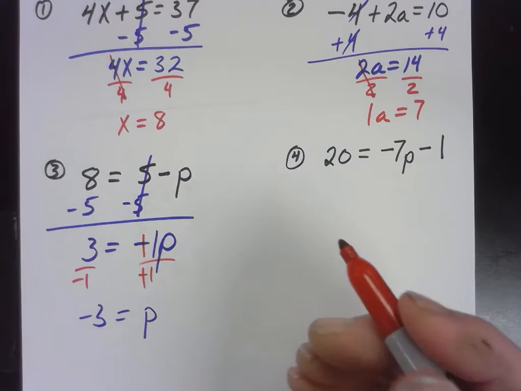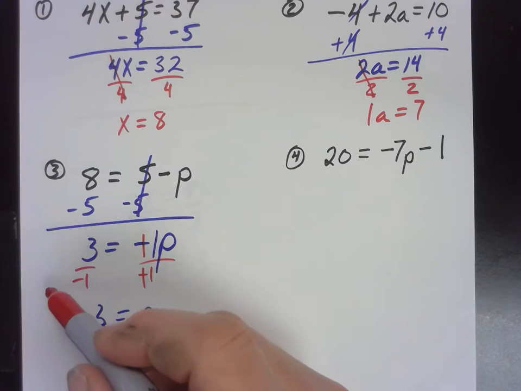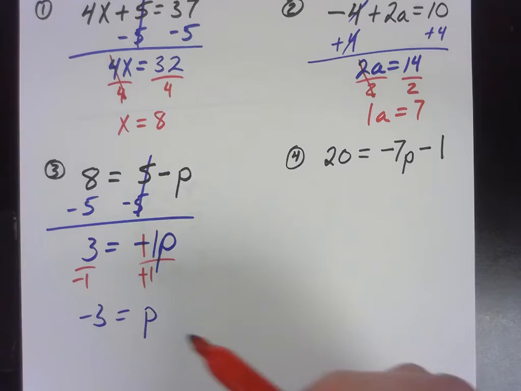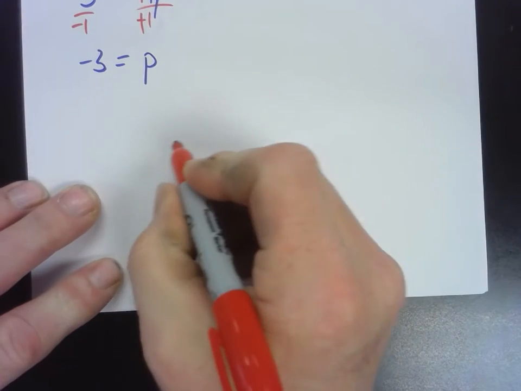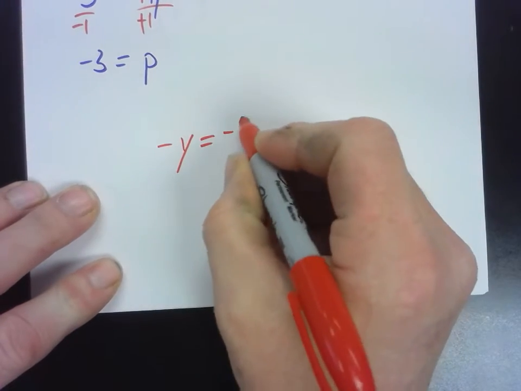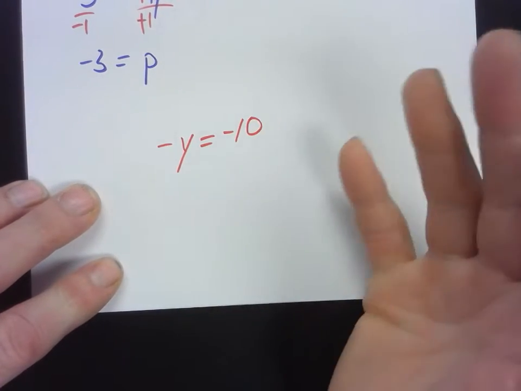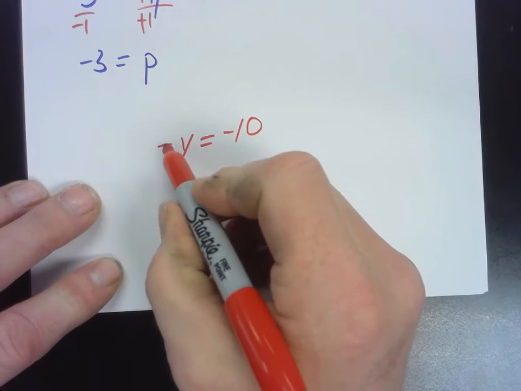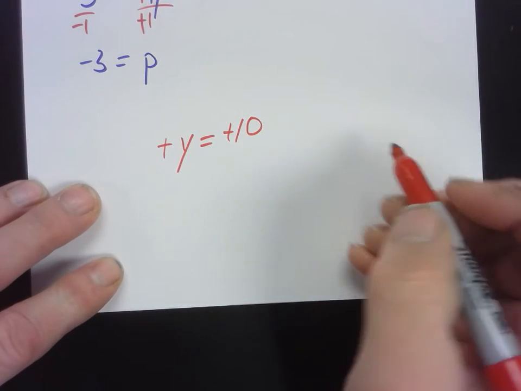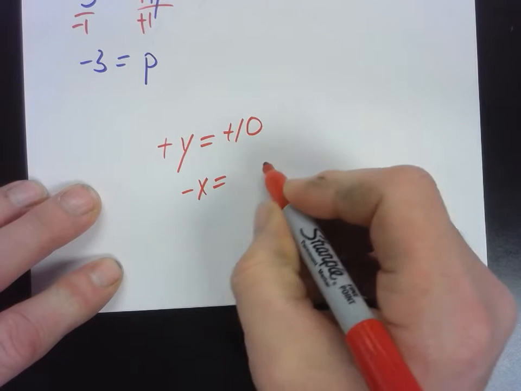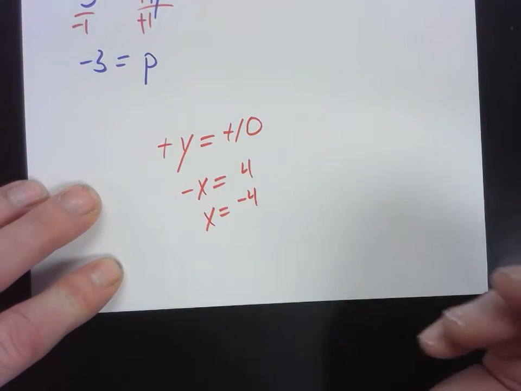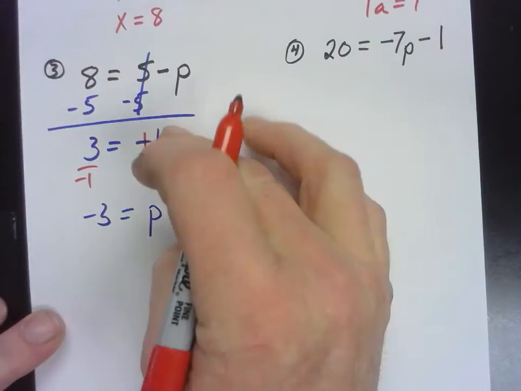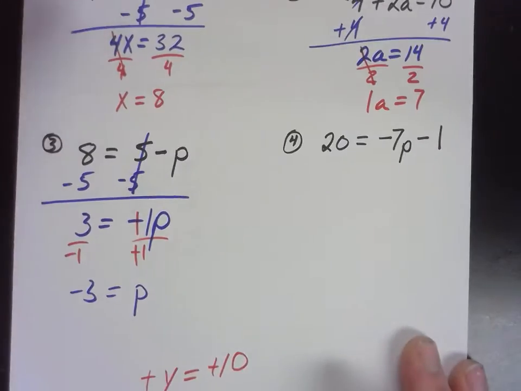So, I don't always show my work like that. A lot of times I'll get an answer where I'll get the opposite of y equals negative 10. So what do I immediately know? Y equals 10. If I get the opposite of x equals 4, then 4 must equal what? Negative 4. So we don't always show this bit right here. Okay, and then finally over here,